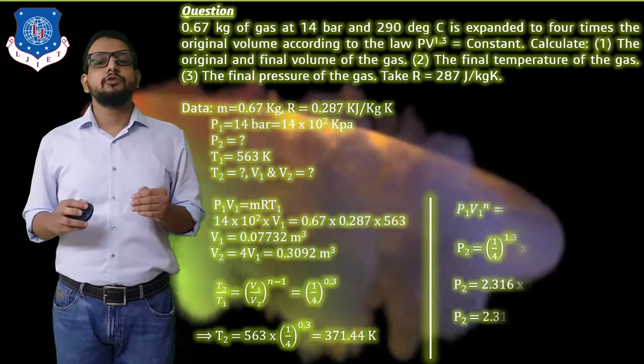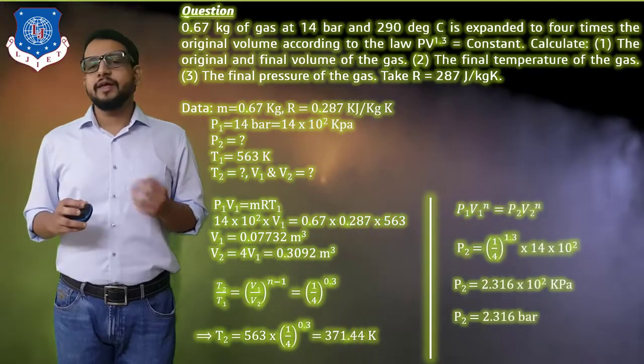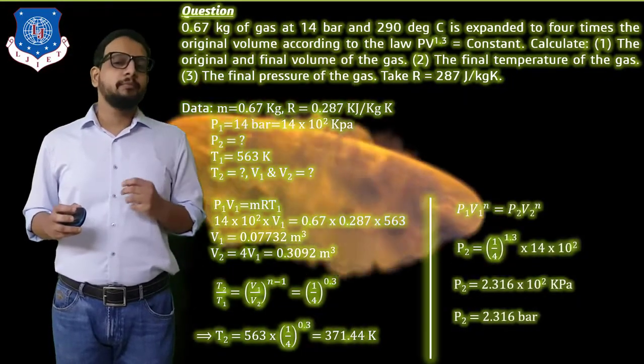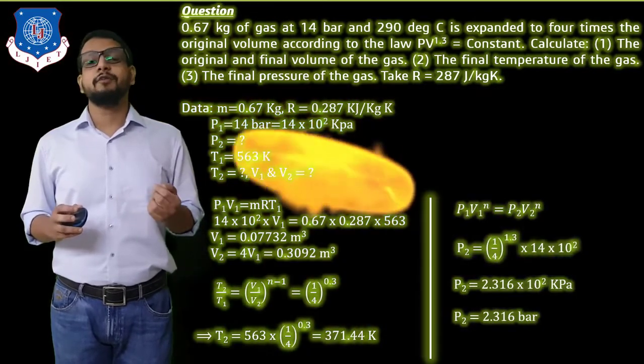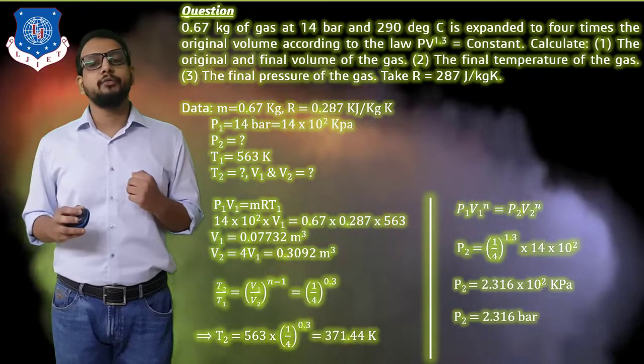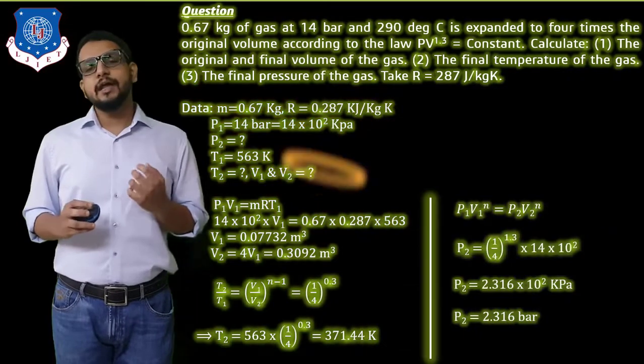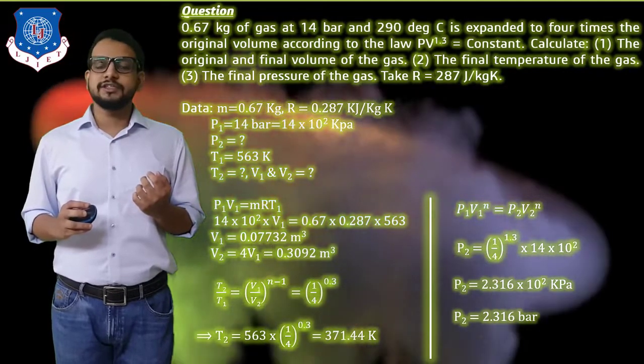So next we need to find out final pressure, that is P2. So how we can do that? Think about that. We can use our PV relation, right? That is applying at state 1 and state 2, we can write P1 V1 raised to n is equal to P2 V2 raised to n. Now see carefully whether the requirements of the equations are satisfied.